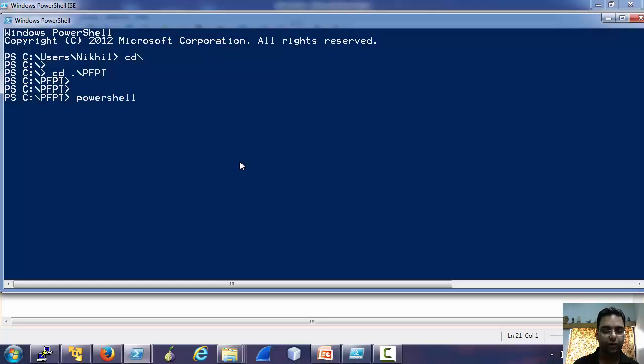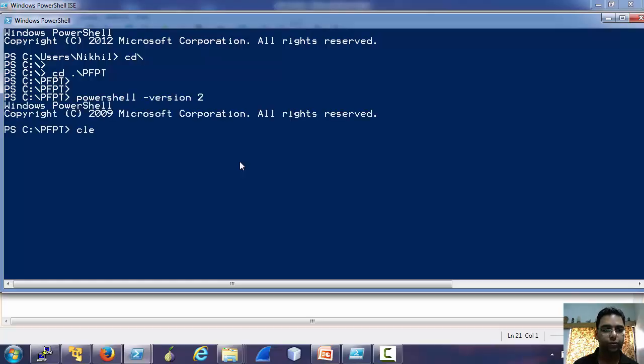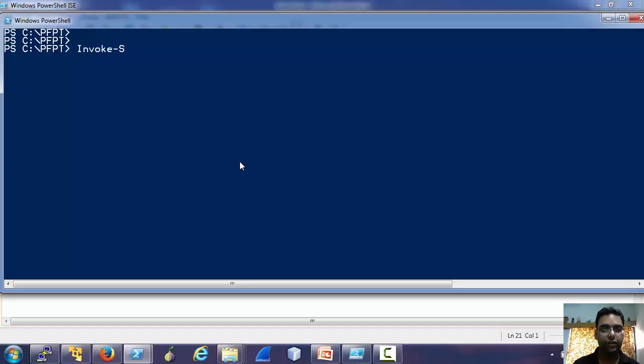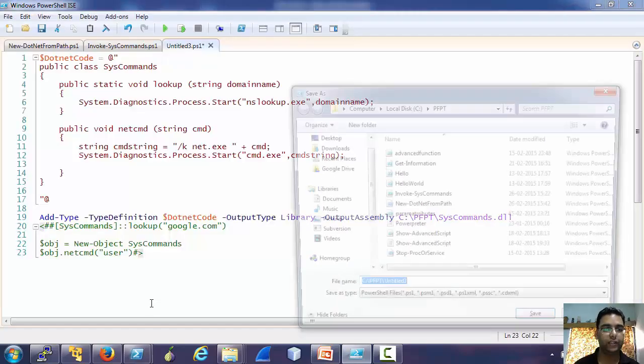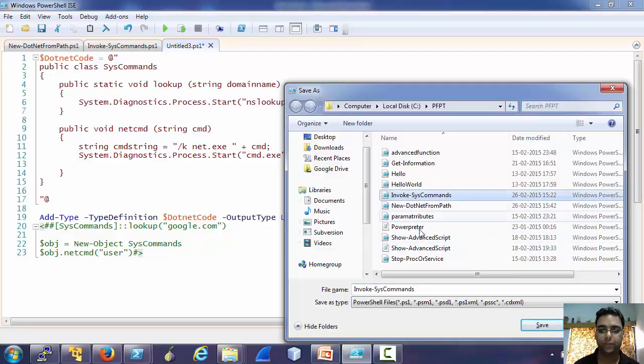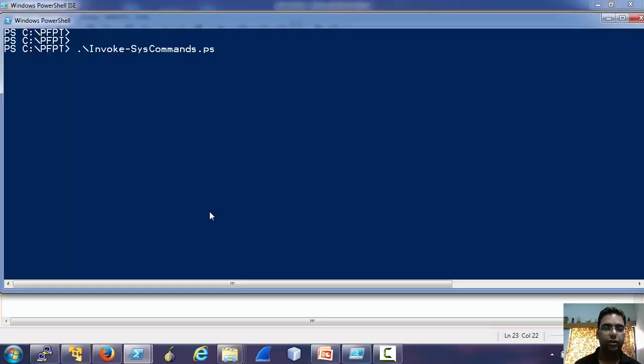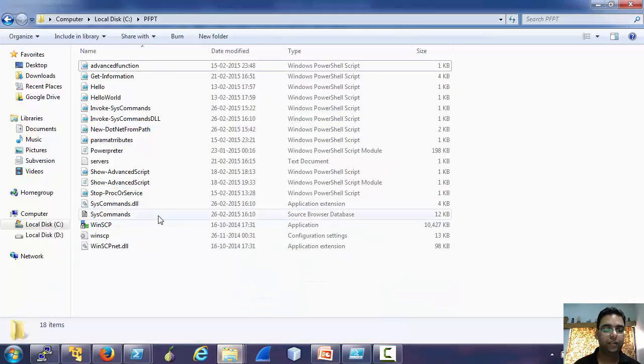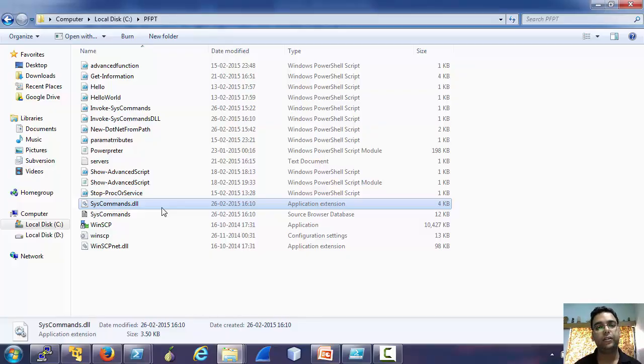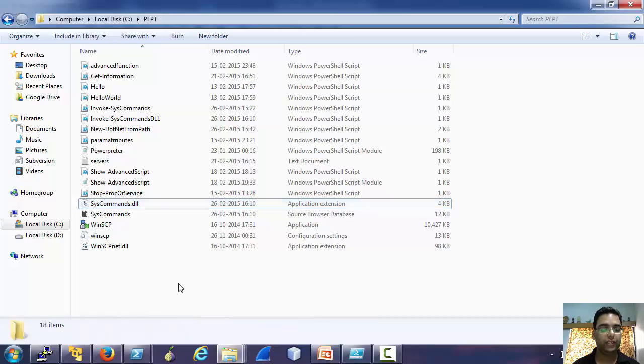Let's move to PowerShell version 2. And now let's save this first with the name of Invoke-SysCommandsDLL. Now if we execute Invoke-SysCommandsDLL, we will see a DLL has been created in the destination folder. Now before we use it,